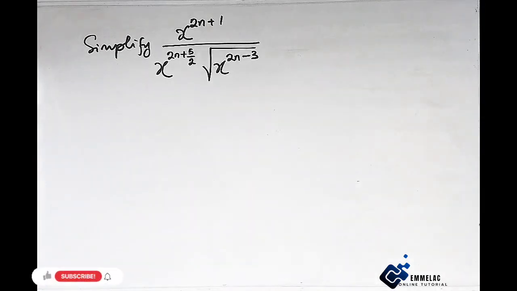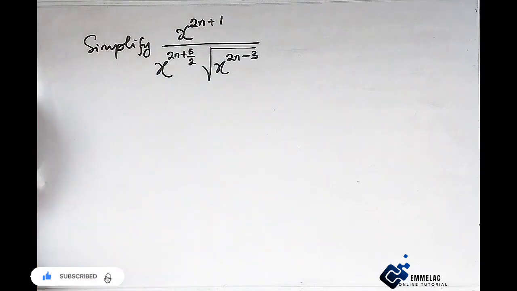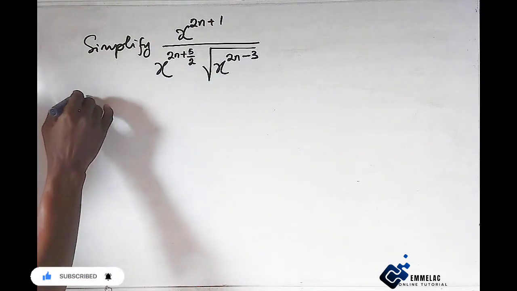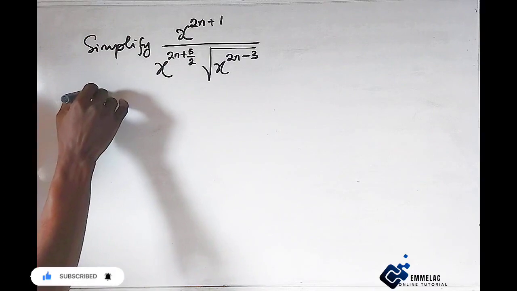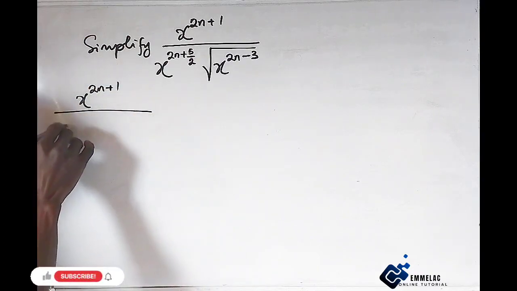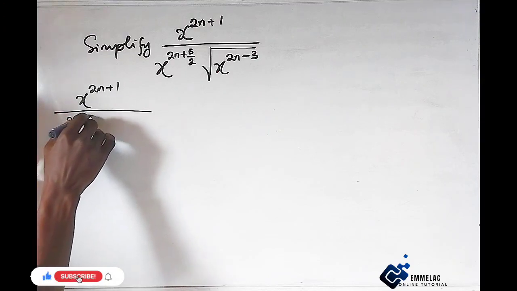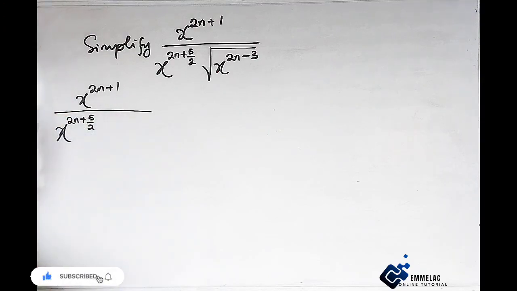We are told to simplify this exponential equation. Now let us work with the denominator first. So here we have x raised to the power of 2n plus 1 all over x raised to the power of 2n plus 5 all over 2. Now,